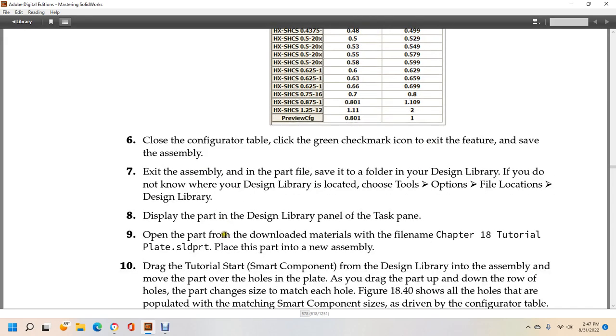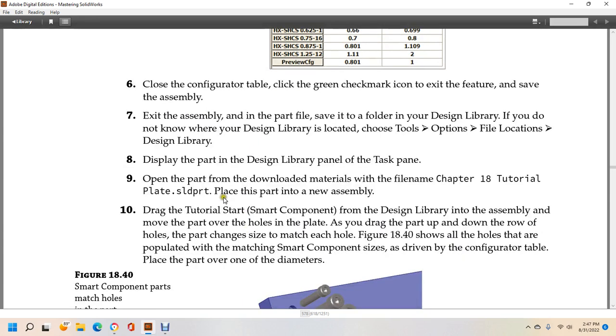with the shape of the assembly. Exit the assembly in the part, and save it in the design library folder. If you do not know where the design library is located, choose Tools, Options, File Locations, Design Library. Display the part in the Design Library panel in the Task Pane. Open the part from the download materials, file name Chapter 18, Tutorial Plate SolidWorks part. Placed in the part with the new assembly,